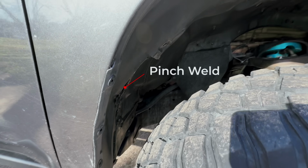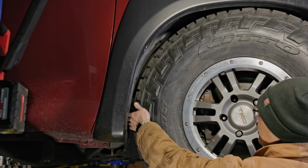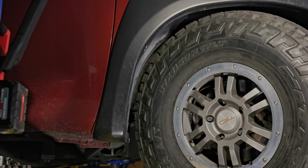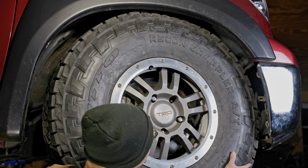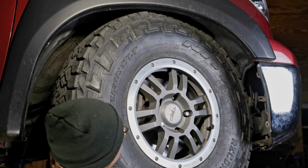Another common spot that requires cutting is the pinch weld area. But with my setup, I didn't even touch the plastic liner. I gotta tell you, it was perfect. Perfect. Only when I fully steer the other way do I slightly rub this area of the wheel well liner,